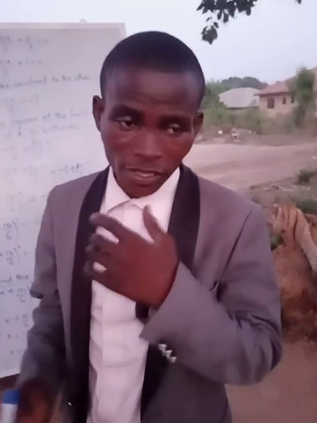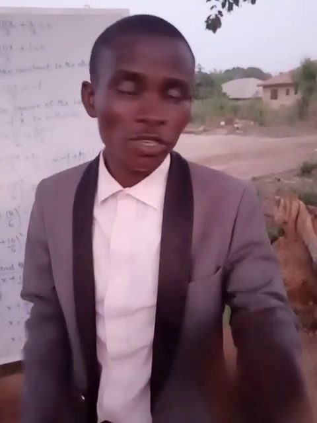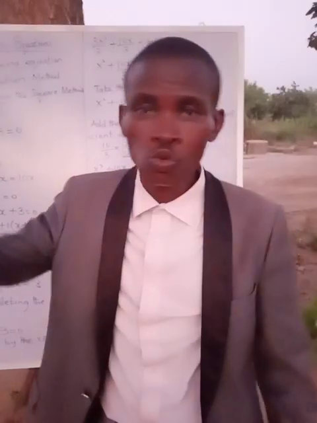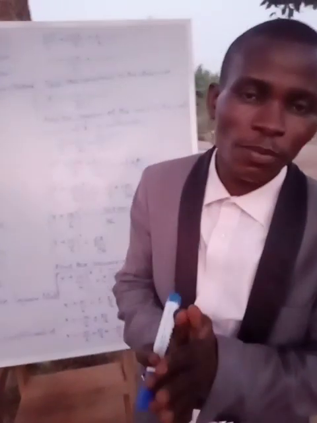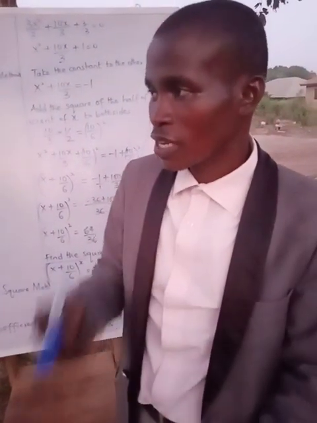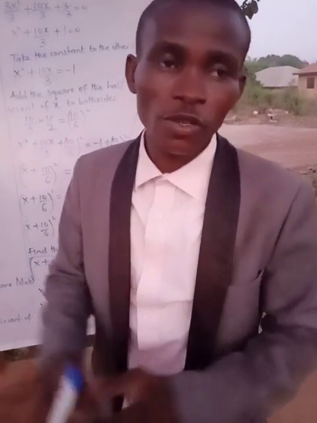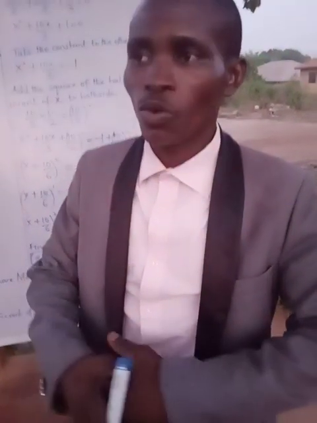Today we are considering mathematics, and we are considering quadratic equations. So, quadratic equations, there are three forms of it actually. When you hear quadratic equation, that means the power of the unknown is 2. So there are different forms of it. There are difference of two squares, the ones you solve